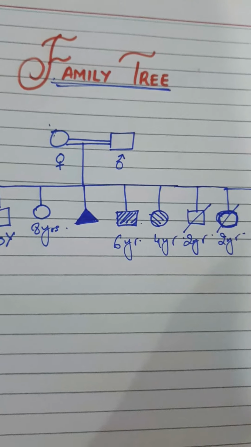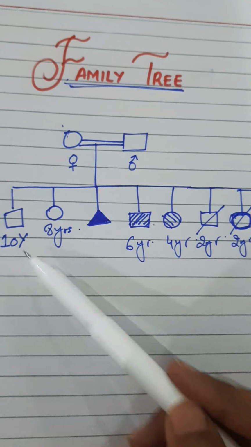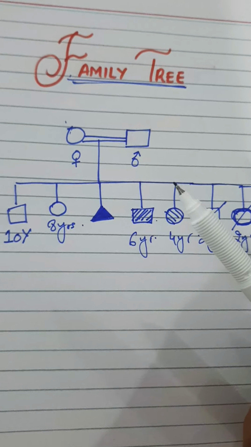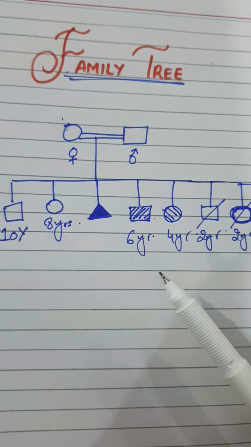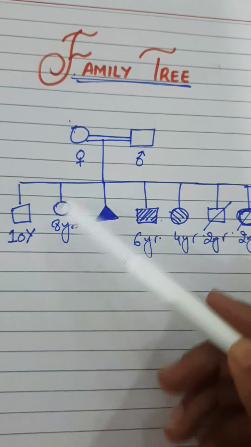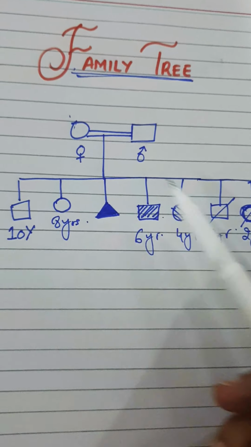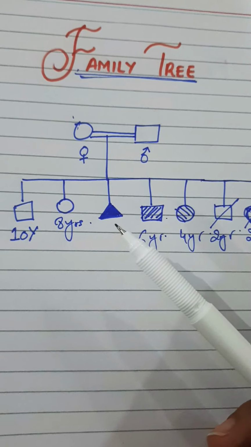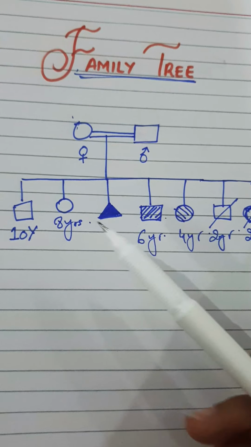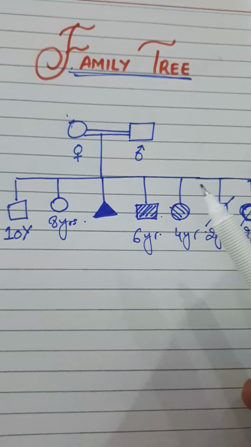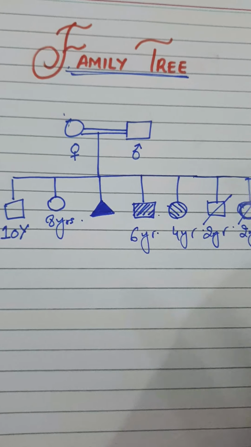So this is the complete family tree, which can be made according to the respective case or scenario, and by looking at it we can easily have a very good idea about the family composition of a couple, how many children they have, and how many of them are diseased or departed or aborted.